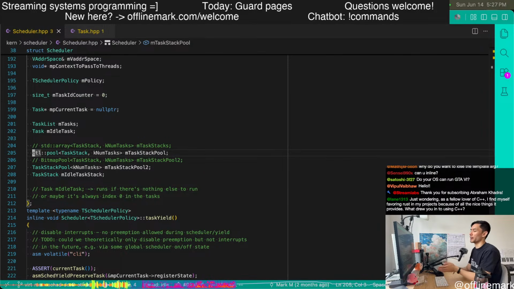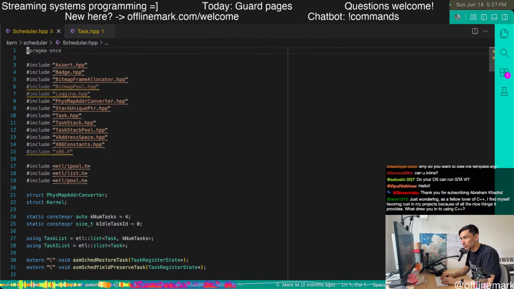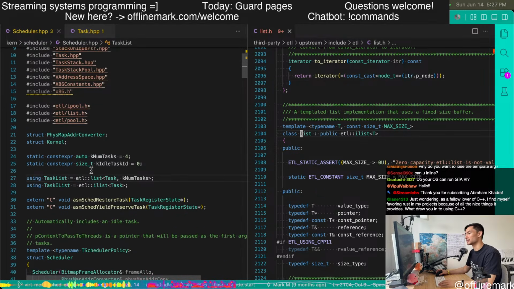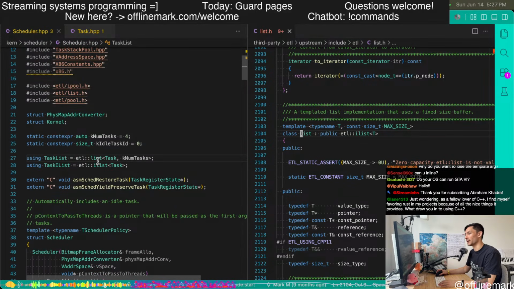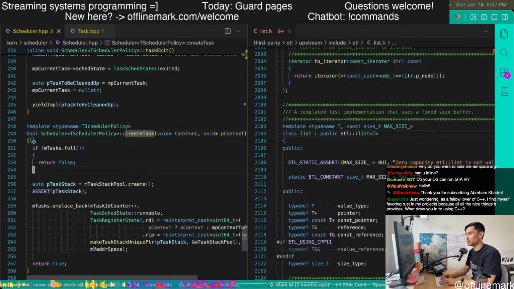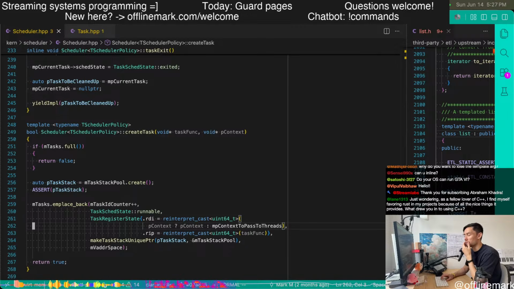What I want to do is add my ETL patch. Let's take a look at the ETL list. You can see the ETL list has the same thing, where it has the ETL list and the ETL I list. And maybe even before the patch, let's see what it would look like.